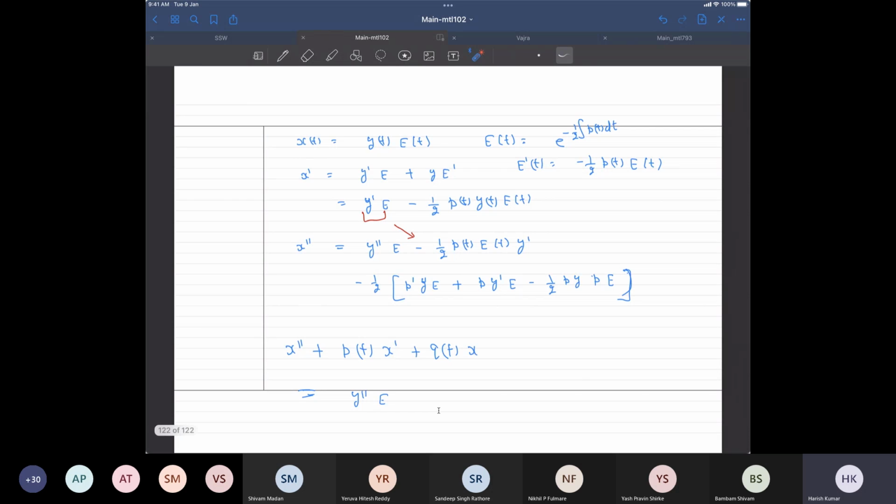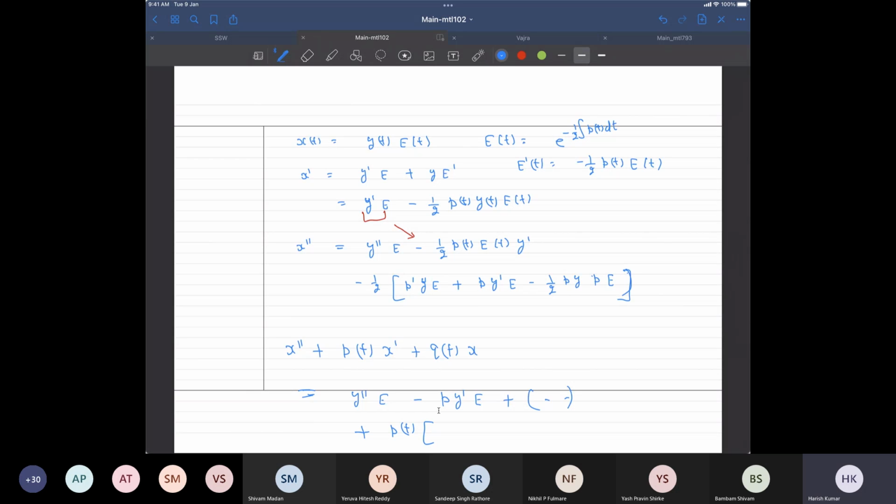You sum them up, and what you get is minus p y prime e. If you go to the first order term, of course there will be some more terms, but I am not concerned about that. But then you go to the first order term, this will be pt multiplied with x prime, and